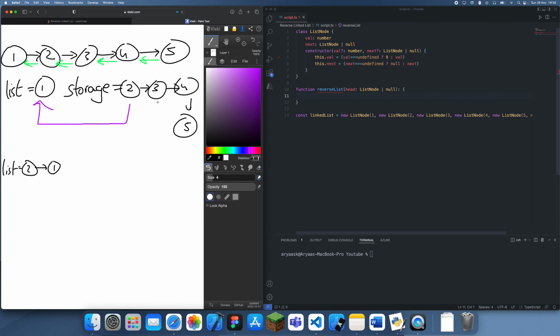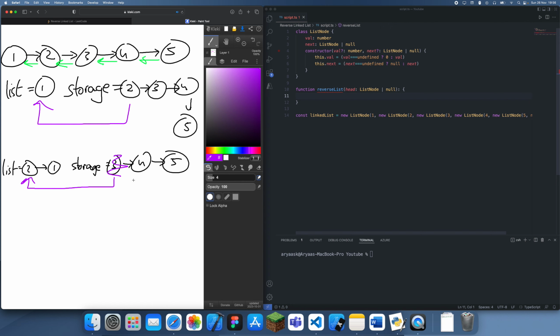After we've done that, we also need to remove the 2 from the storage, so that the storage simply becomes 3 and onwards, so 3, 4, and 5. And then we can just keep repeating this process, move the 3 over to there, and delete it from this,